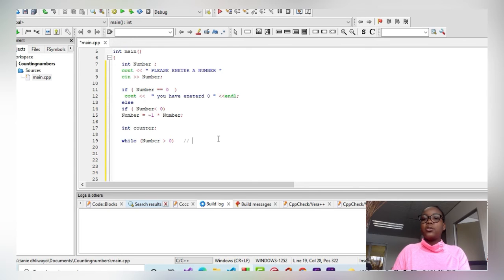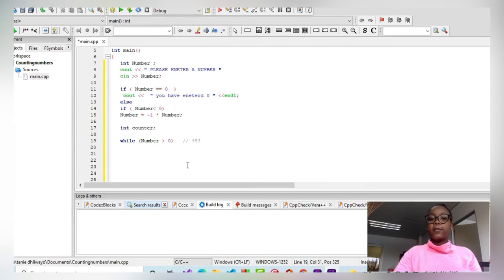So we need to figure out a way to erase the last digit of the number every time the loop runs, so that if the loop ran 3 times, which means it had to delete 3 numbers, then the number had 3 digits. I hope this makes sense. To do that, we're going to divide the number by 10 every time the loop runs. So if we have 453 and we divide it by 10, we're going to be left with